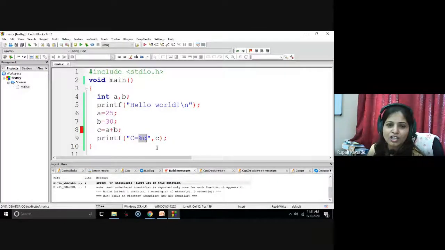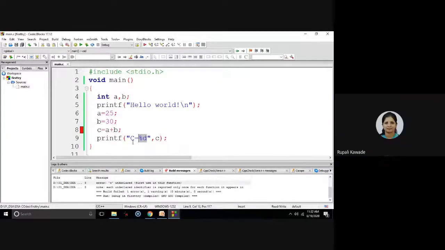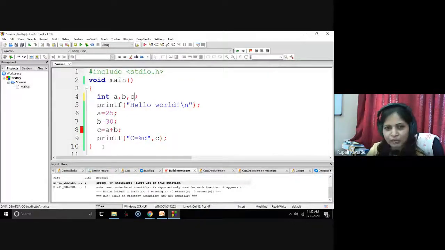It is acceptable in C. You just need to maintain the opening and closing curly brackets at proper places. Fine. So this is a simple code in C to print hello world. This is the start of the function, this is the end of the function, and I have written only a single statement, that is the printf.